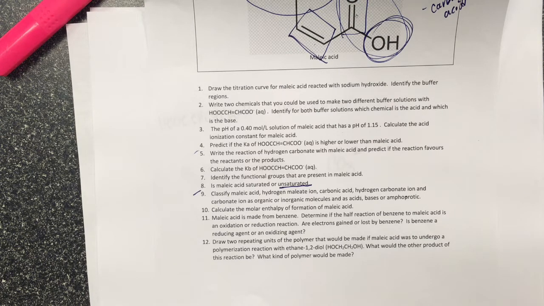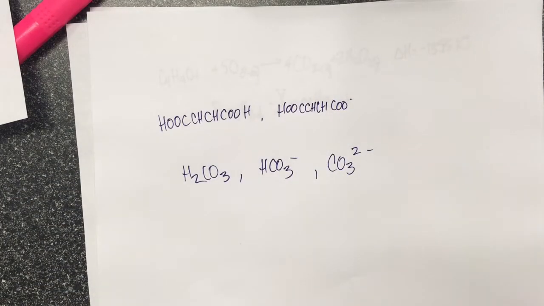And then finally, draw two repeating units of the polymer that would be made if maleic acid was to undergo a polymerization reaction with ethane-1,2-diol. What would the other product of this reaction be? What kind of polymer would be made? That's a lot. Here, I'm asked to